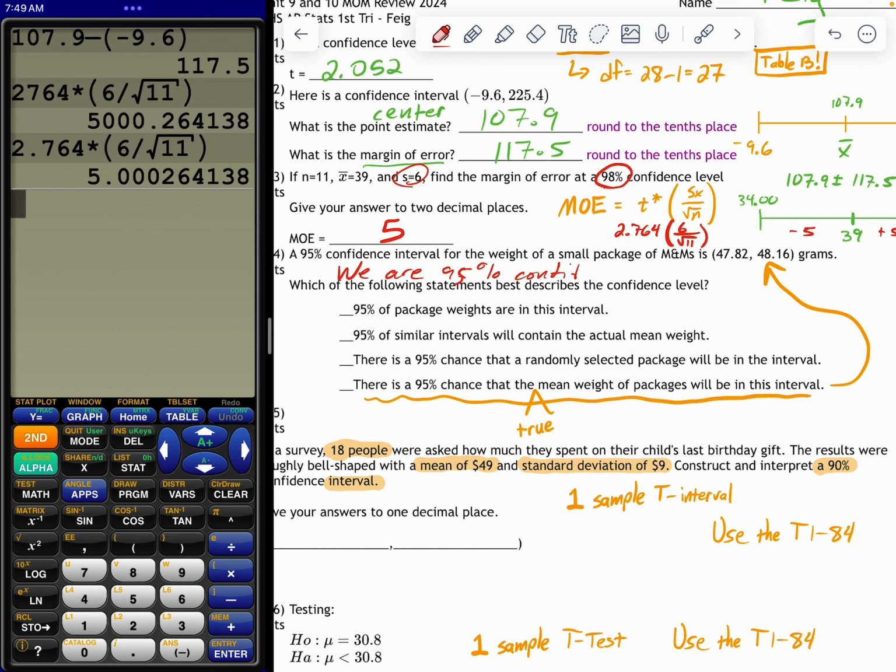And we are 95% confident that the true weight of a small package of M&Ms is in here, which is what the last one is saying. The other ones are all incorrect interpretations. We're not saying 95% of all packages weigh that. No. When we took a sample, we created this interval by,